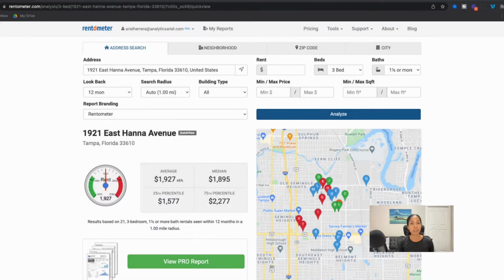Great, so right now I'm on Rentometer's homepage and I have an example here of entering a property, and we are able to get an awesome response back of information on rent. So Rentometer, what they basically do is they look at comparables, so other properties that have rented within a given time frame that are similar to the one that you enter, to give you a better idea of what the